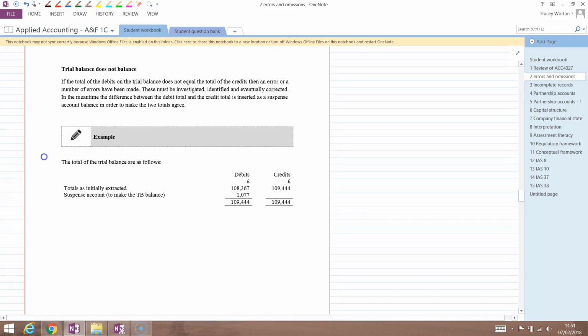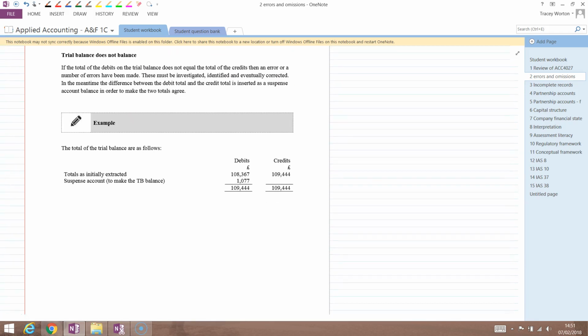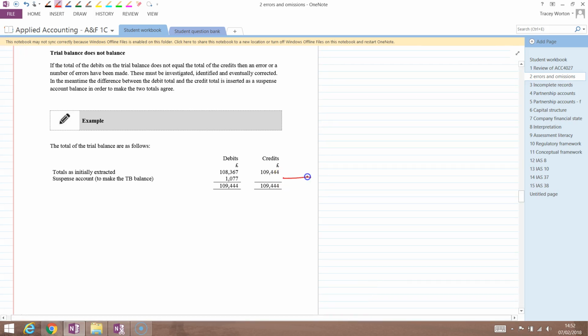So the second reason why we'll use a suspense account is if the debits and the credits don't equal. So we'll effectively open up a suspense account on the face of the trial balance to make it equal. So this is what we've got here when we've created a suspense account balance on the debit side, as the debits are lower than the credits, and that £1,077 will need to be investigated to find out the reason for the imbalance,